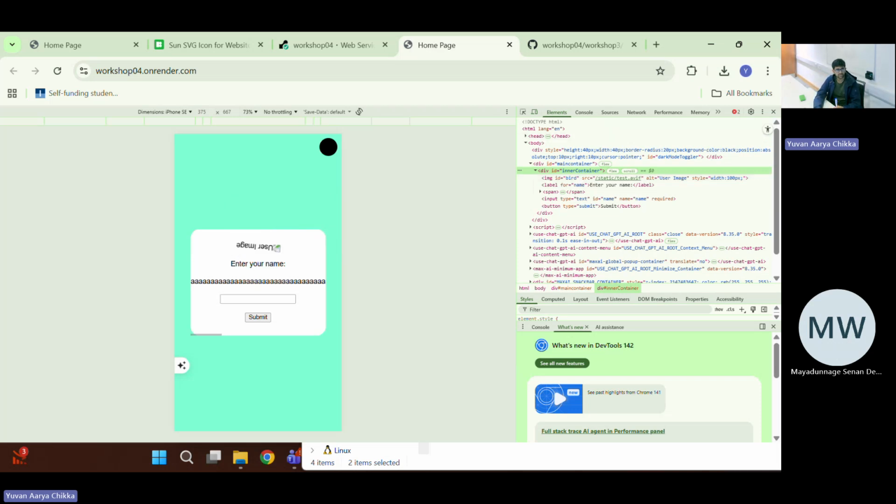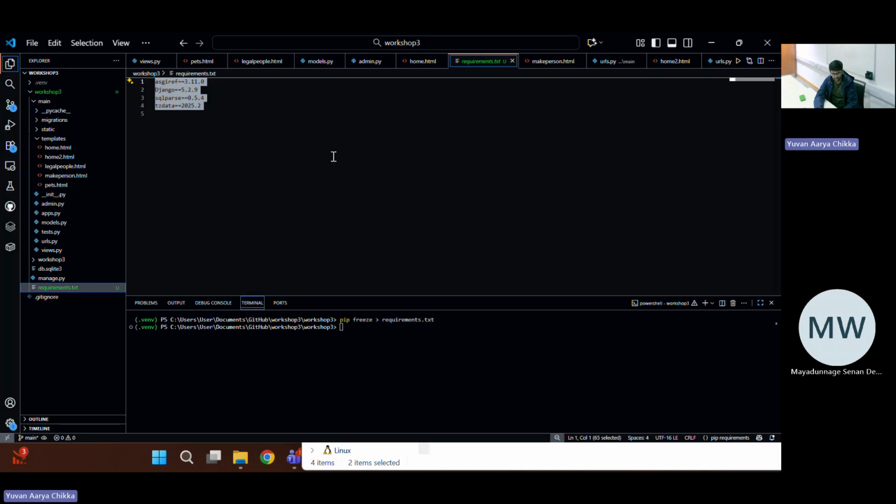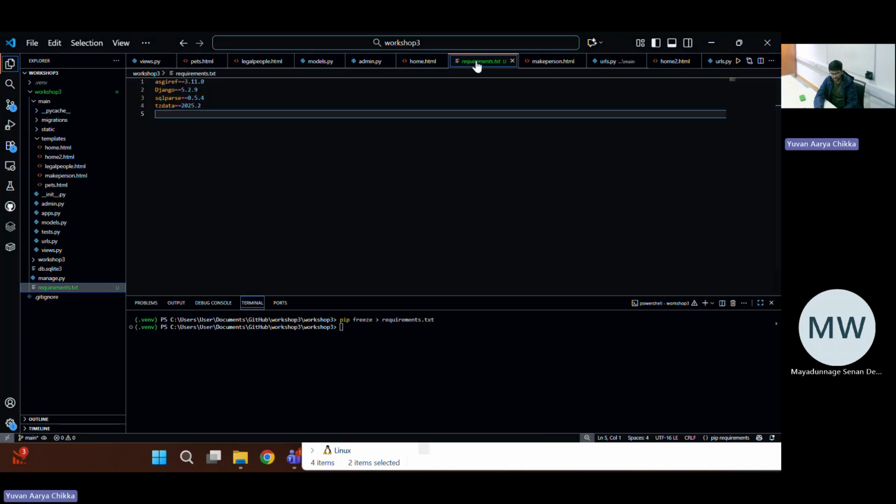The way to overcome it is to use a package called WhiteNoise. So let's go back to our code, and then let's use WhiteNoise. We're going to go back to requirements and we're going to install WhiteNoise. We should remove the version number. And then we're going to go right back to